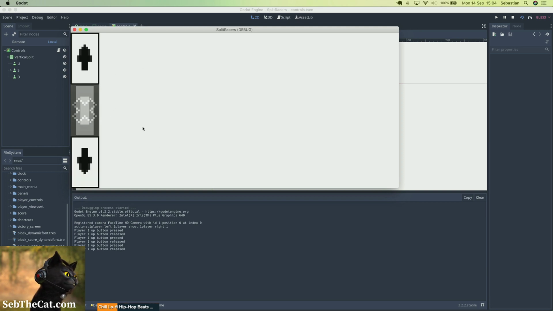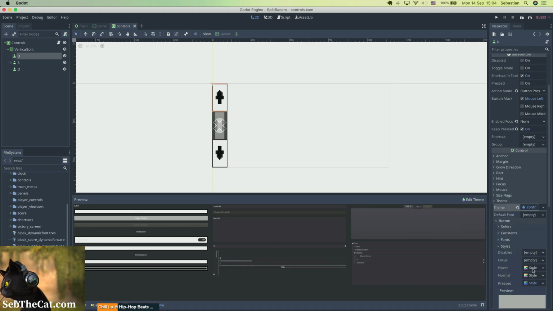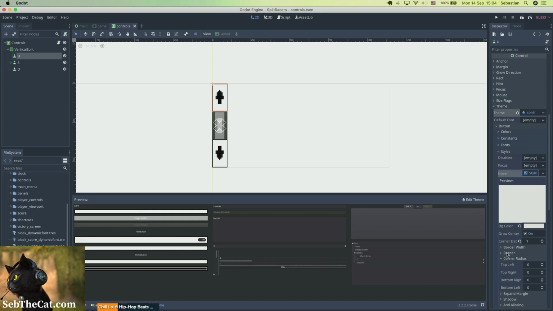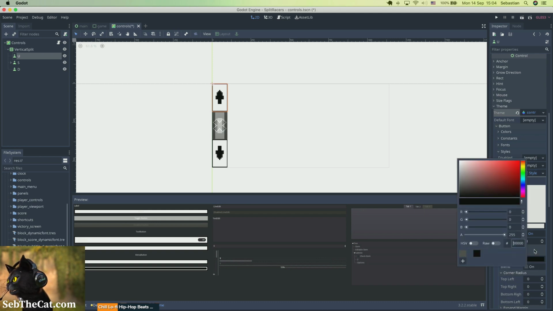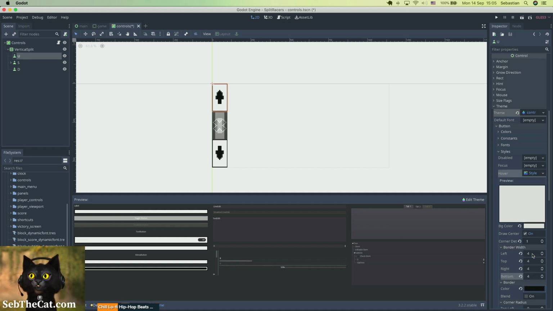Okay, so when we hover, we want to add a border. And we actually want to have that border stay during the hover state, and then we actually want to increase the content margin when we press it. And that will make it look like the icon is getting smaller. So here we had a black border. I realize it's not super impressive right now, these elements, but I do kind of just want to keep them